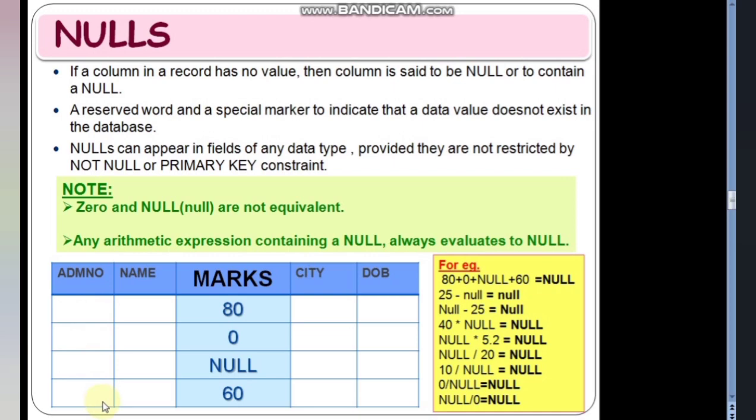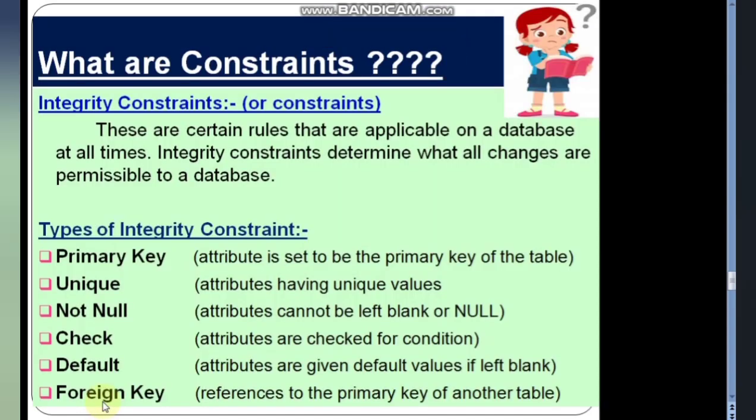Now the next constraint: unique constraint. If you have made any particular column unique, then that particular column will hold non-redundant values. That means that particular column will not hold any duplicate values, but it can hold null values.